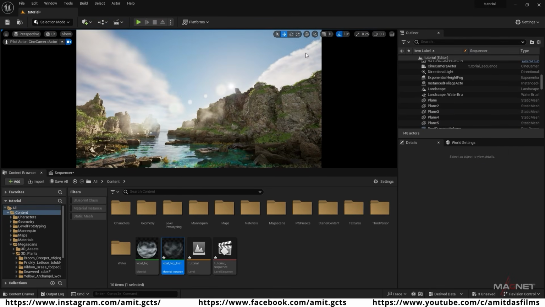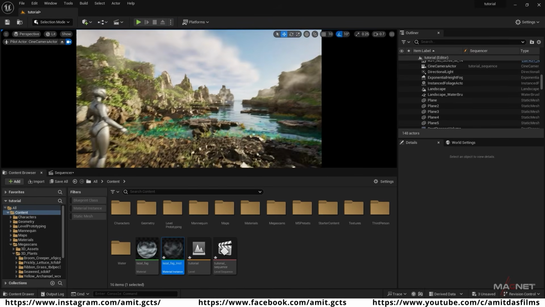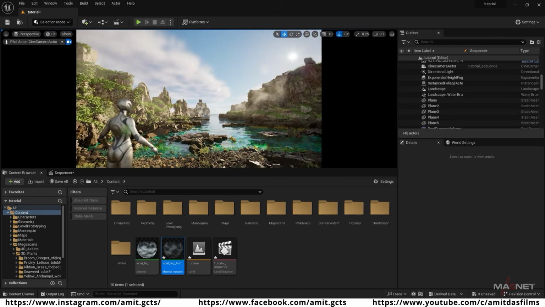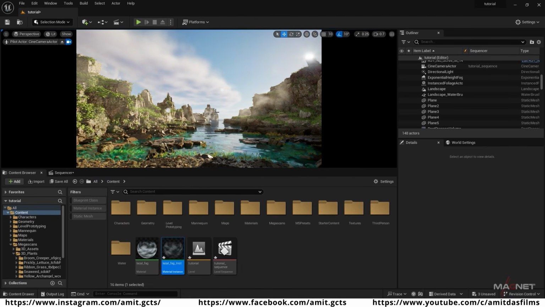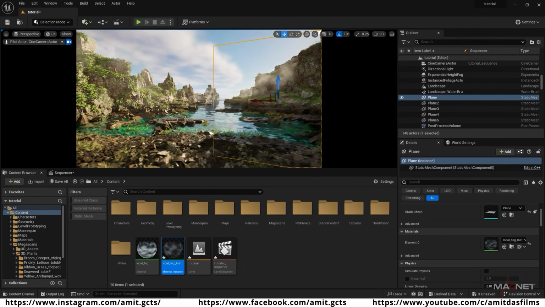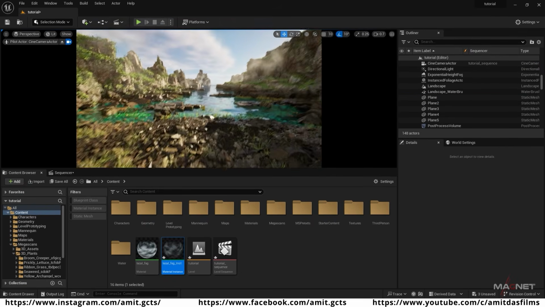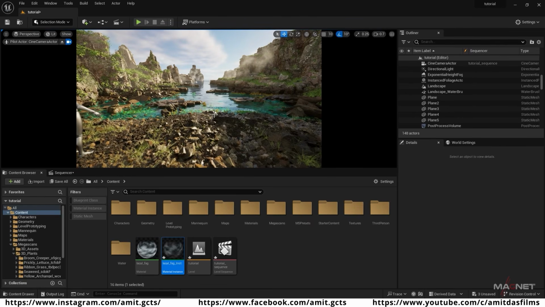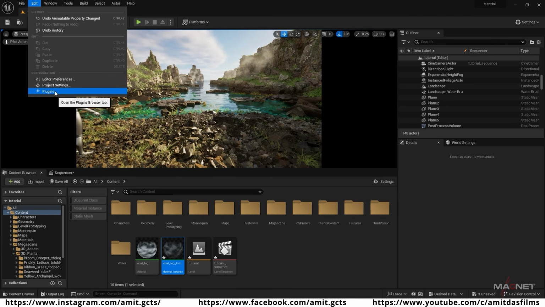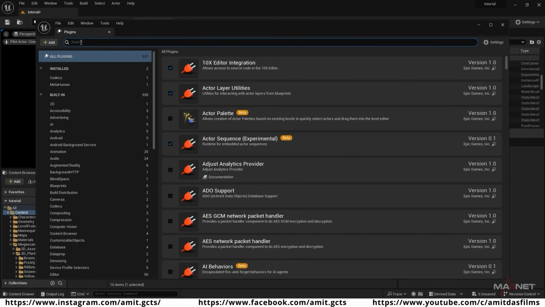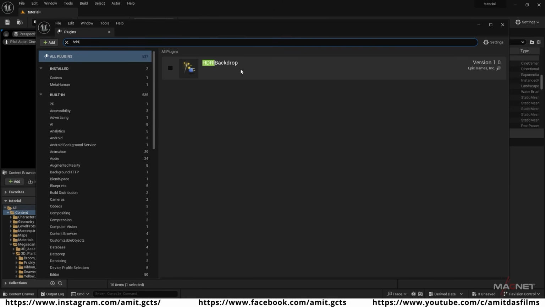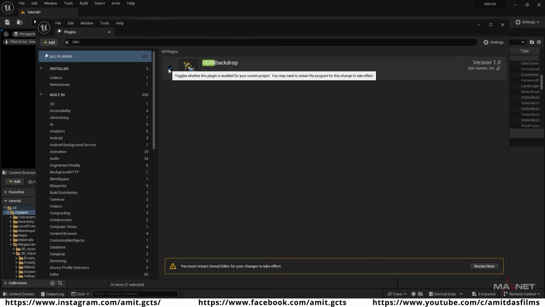If you think that your sky does not look right, because really it doesn't look that good, we can also change the sky. So in order to change the sky, maybe we're going to use some HDRI backdrop. In order to put the HDRI backdrop, we need to activate a plugin, which is called HDRI backdrop. So to enable this, we go to Edit and then to Plugins, and in the search bar we type HDRI, and here you can find this HDRI backdrop. So you just enable this one, and we also have to restart our engine. So just click on Restart Now,